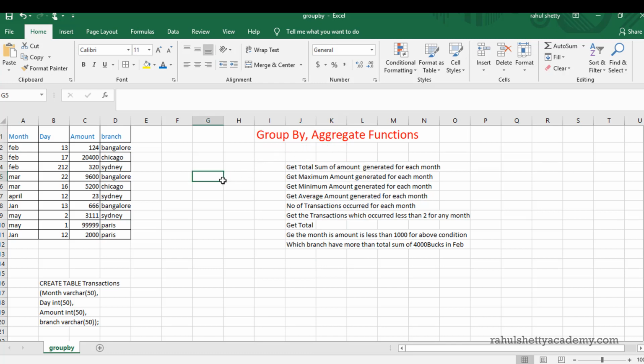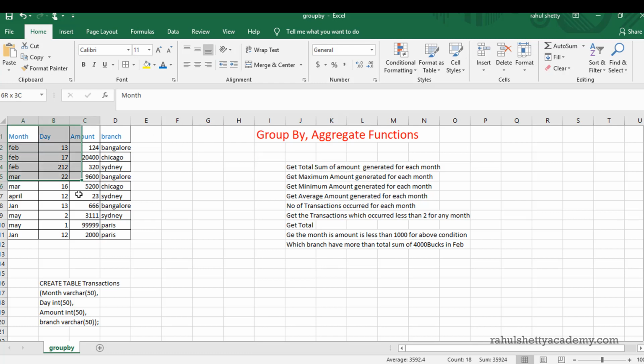Right, so first let's see what is this group by. Let's take this first example and then try to demonstrate how this concept will emerge from here. So get the total sum of amount generated for each month.